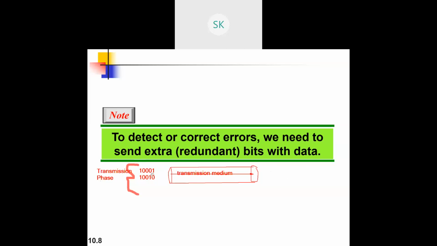This is one data, this is another data. Once it arrives at the other end, suppose the receiver receives the data as 10001. The parity is one and the same, so it gets accepted. This is the correct data that we have received.